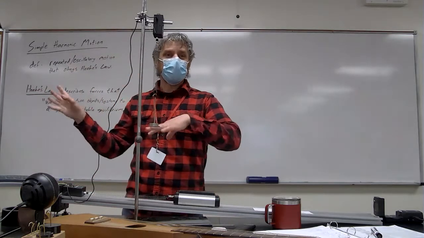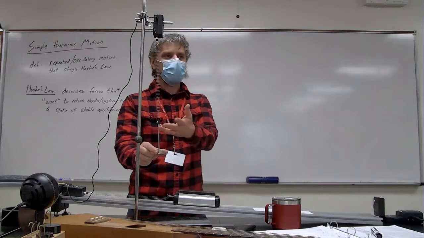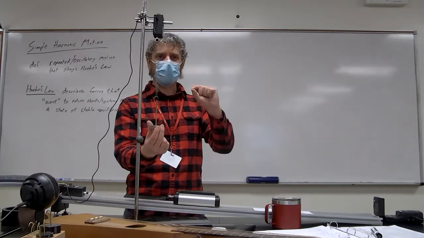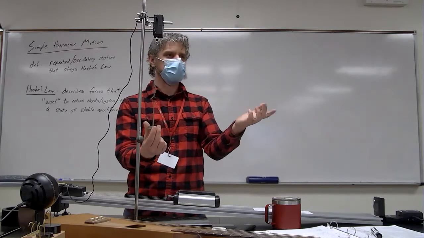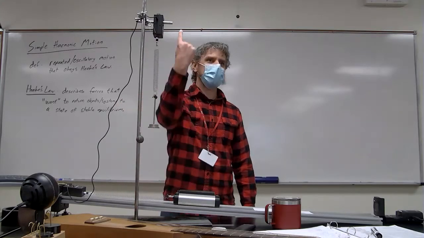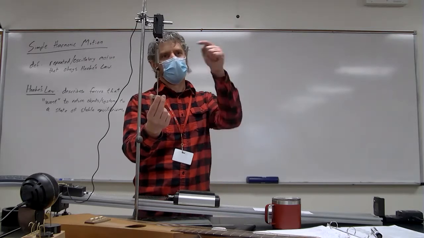Now, in an ideal case, it will never stop at the equilibrium position, because here, and we know this physics now, I do work in stretching the spring. I've now stored energy in the system, potential energy. When I let go, that potential energy gets converted to kinetic energy. When the object gets to the equilibrium position, all of the energy is kinetic, right? Because the spring isn't stretched from equilibrium anymore. So it's all kinetic, and so when it gets to equilibrium, it's going to keep moving through it because it's got kinetic energy at that point, at which point it's going to start gaining gravitational potential energy, right? And then it will come to a stop, zero kinetic energy,